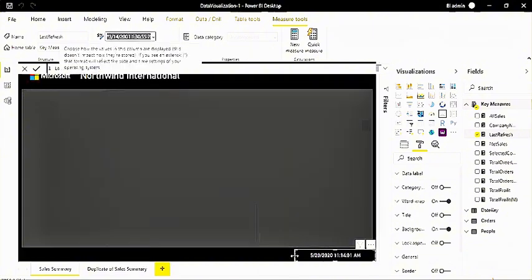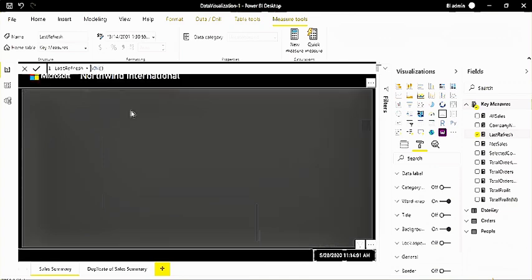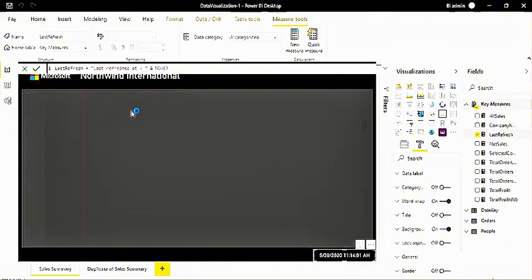All right, so here you got the complete date and time. Now let's say if you want to make the change here, you want to concatenate it, then what you can do, you can just add a text string here. Let's say last refreshed at, right, and here you can add the ampersand operator. All right, so that's it.